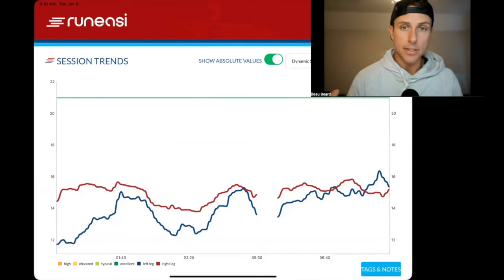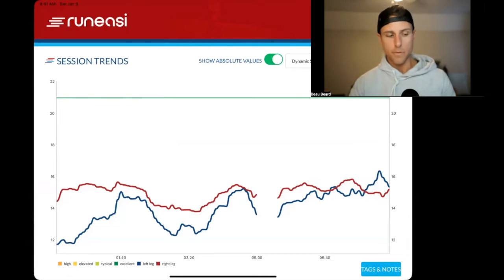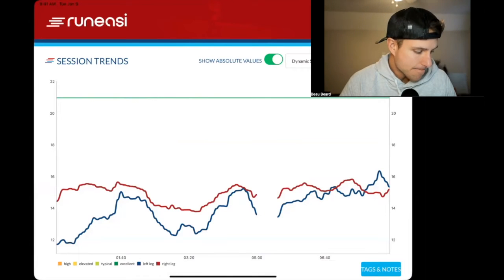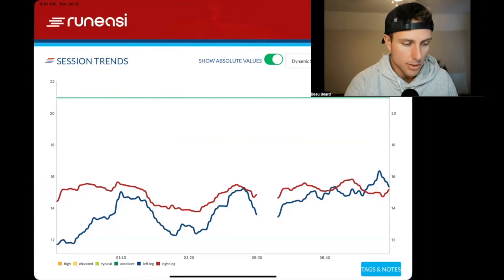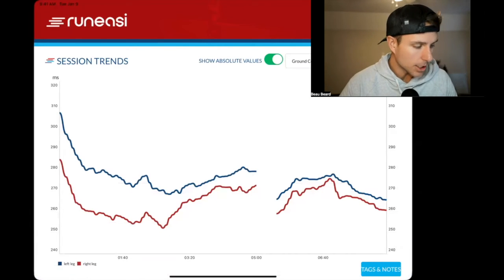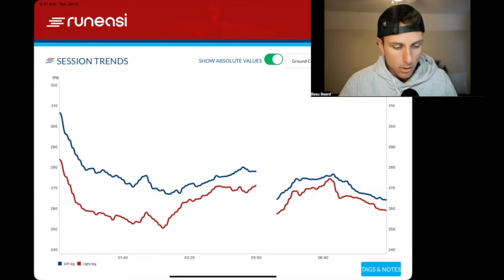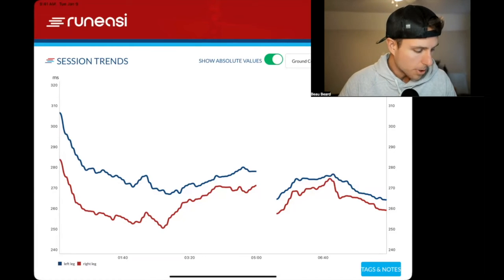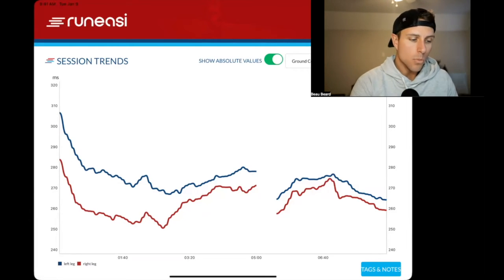Next one, dynamic stability. So this is basically coronal plane or side-to-side shift of my pelvis. This isn't that bad either side, and they kind of go hand in hand. They jump all around. But this was actually really decent, really, really good for most people. And then ground contact time, this is looking at how long I'm on the ground. So you can see as I get warmed up in the beginning, a little bit more ground contact time. The right, I'm on the ground longer than I am on the left by a little bit, but still, we're seeing more